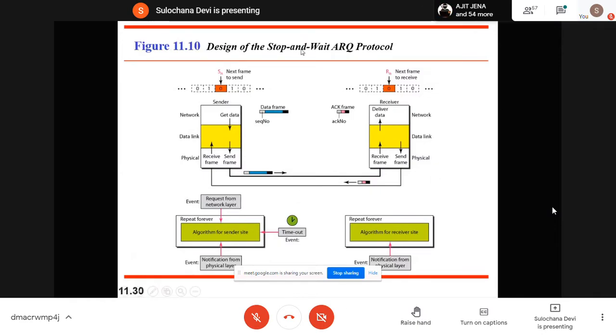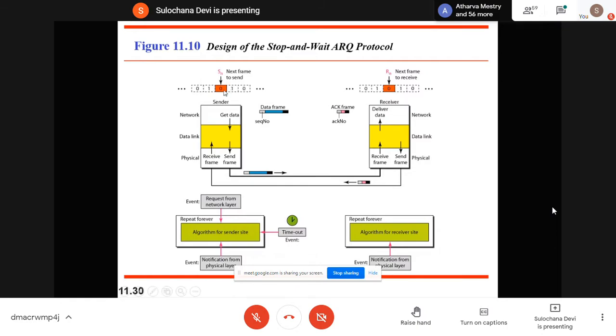See, the next two protocols are more complex than this stop and wait. This is the simplest one. So you understand this one properly, and then it will help you to understand the next two protocols. Here, there are chances that our frame can be lost, our frame can be corrupted, or we have to retransmit the frame. Our acknowledgement also can be lost, acknowledgement can be corrupted. So that's why we need to maintain sequence numbers at the sender side and the receiver side, so that a duplicate frame should not be received.